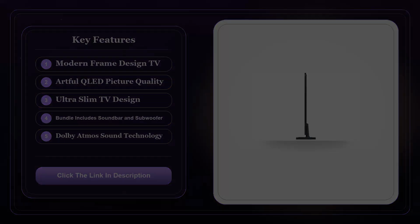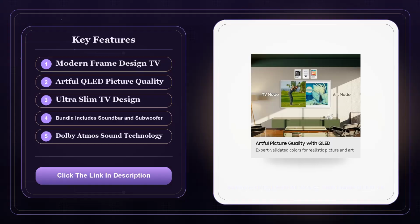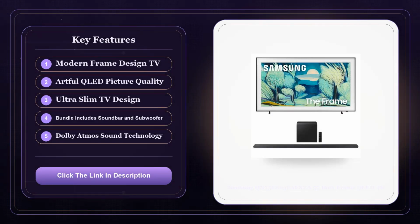Another minor gripe is that the soundbar's firmware updates are pushed through the TV's software. So you need to keep the TV's OS current to get the latest audio improvements, a bit less straightforward than a dedicated soundbar app. Overall, the Samsung HWS-800D